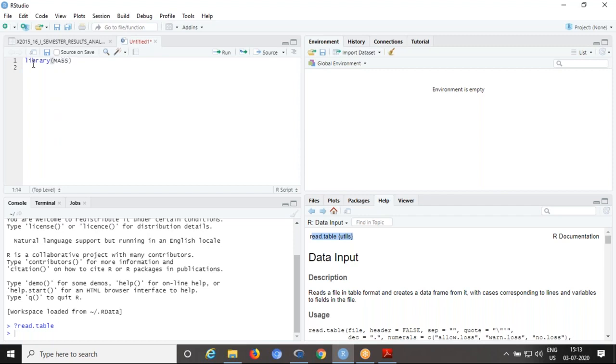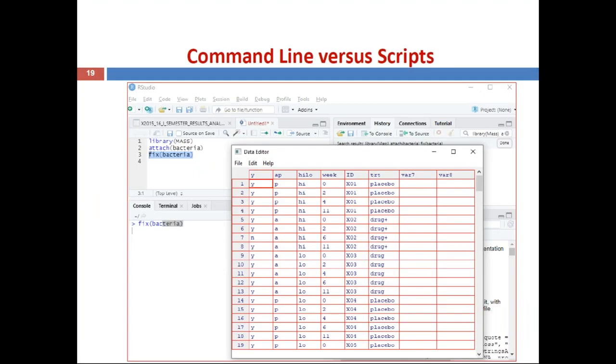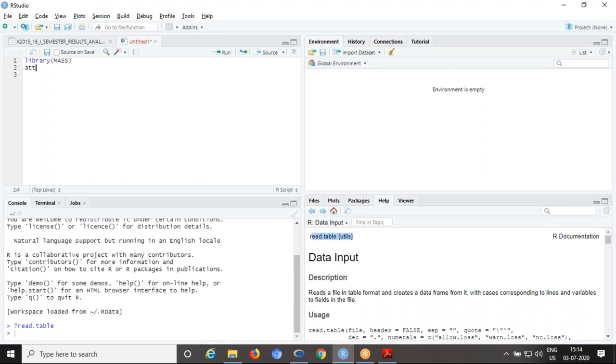Whenever you type a starting letter, it shows the default existing functions. From the drop down, you can select. Then the second one is attach, bacteria. Then the third statement, fix, bacteria.